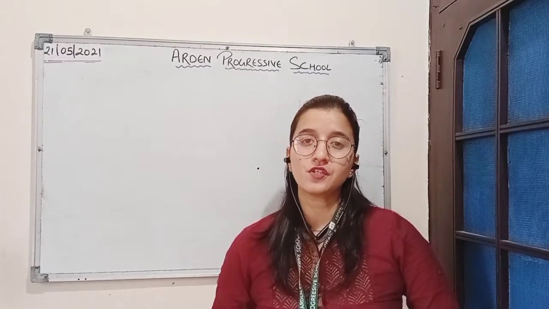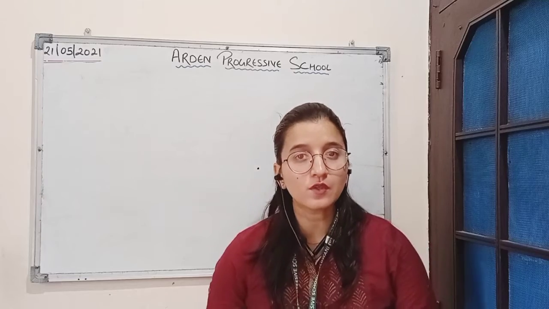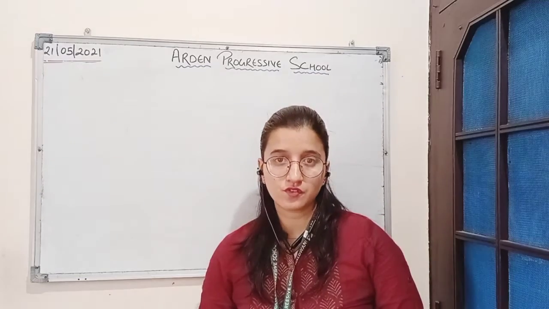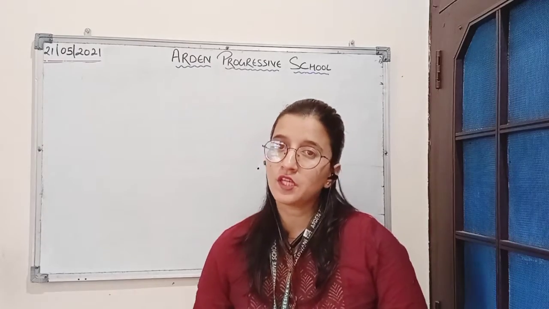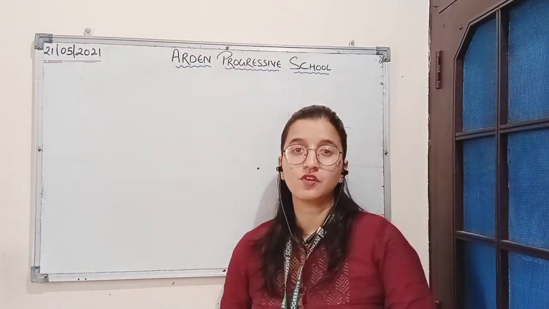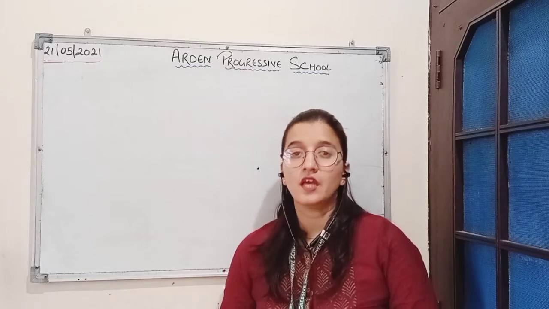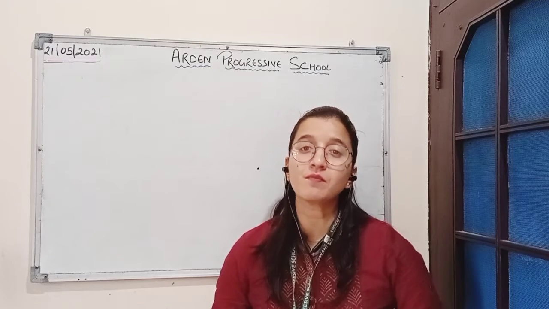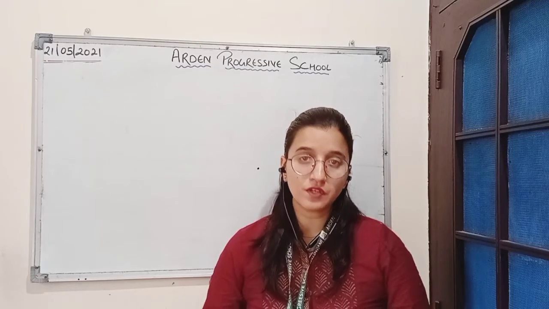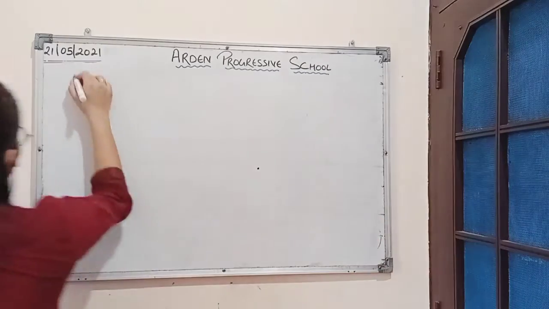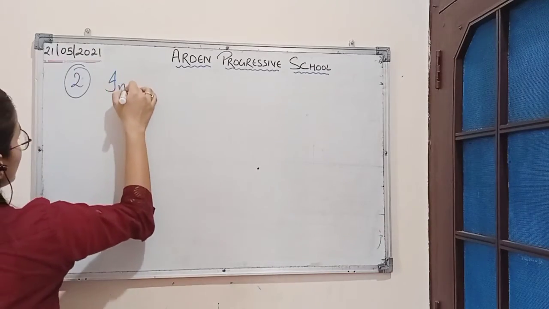Today in this session, we'll be solving some numerical questions based on the error of omission of interest on drawings, and also a combination of both the errors: omission of interest on drawings and omission of interest on capital. In the previous class, we solved numerical questions based on the first type of error, which was omission of interest on capital. So today we'll be discussing the second type of error, which is